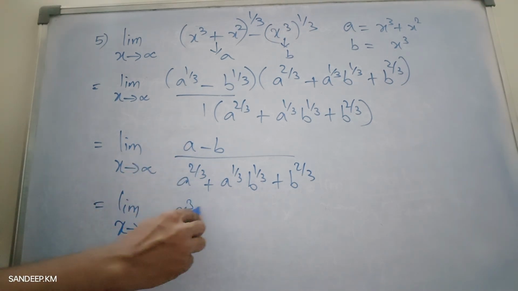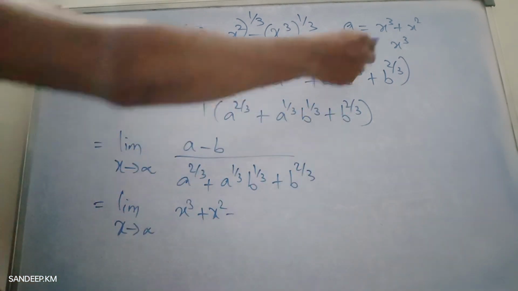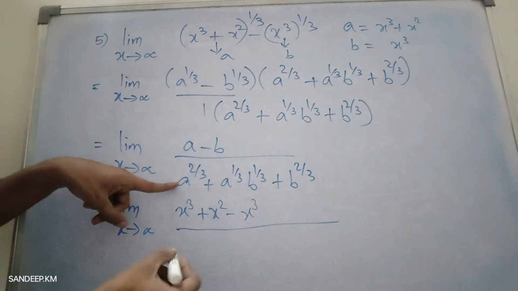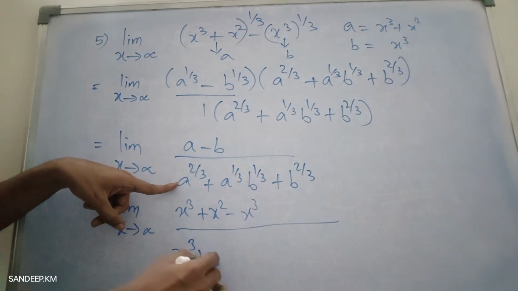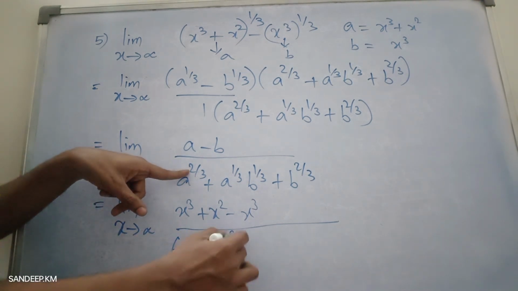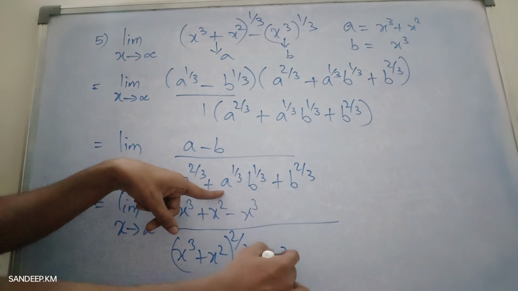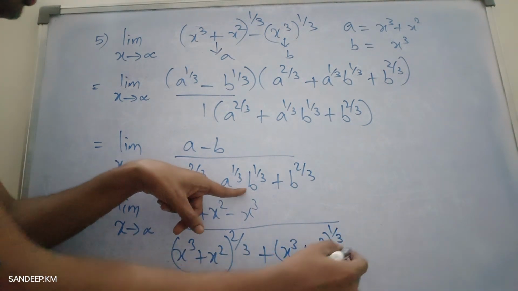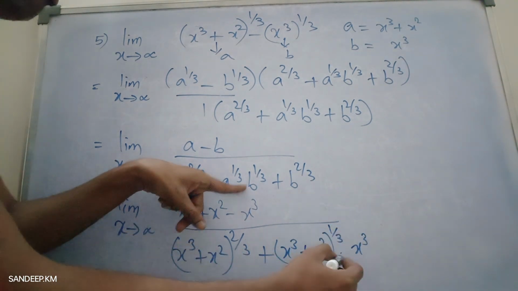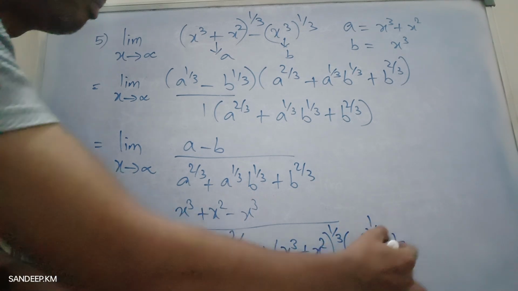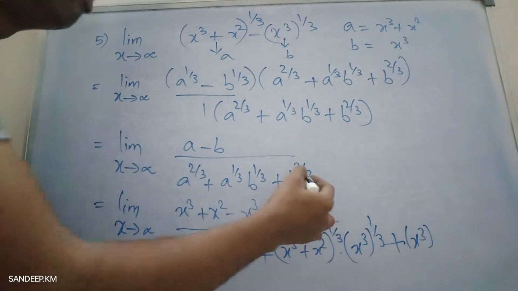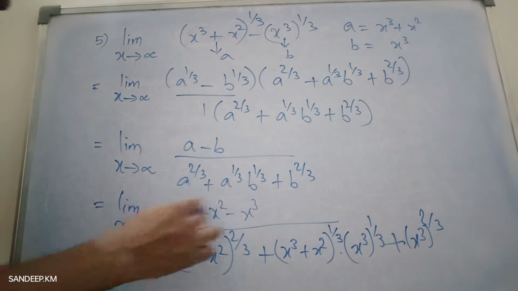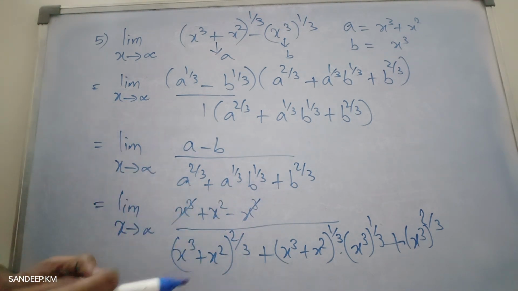A is x cube plus x square, minus b is x cube, whole divided by... here be careful. A is x cube plus x square with what power? 2 by 3, plus again a is x cube plus x square with what power? 1 by 3 into b is what? X cube with what power? 1 by 3, plus again b is what? X cube with what power? 2 by 3. Next, dear students, plus x cube and minus x cube, they will get cancelled. Okay, now